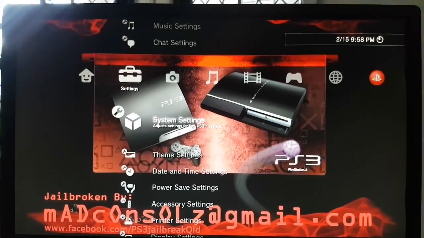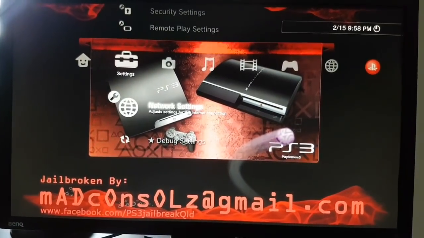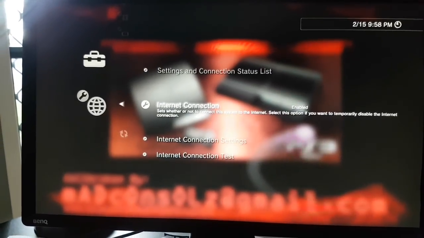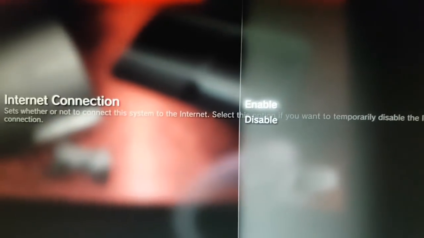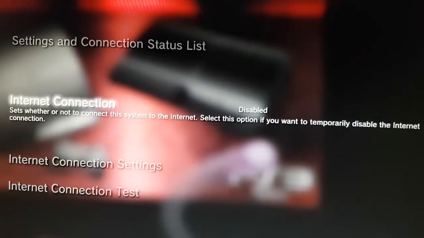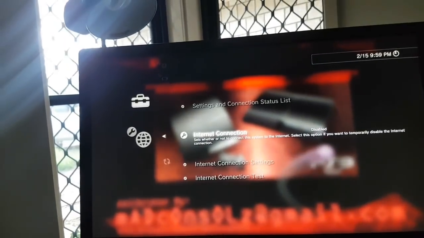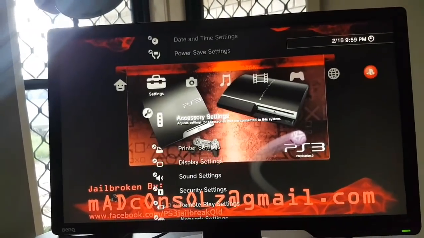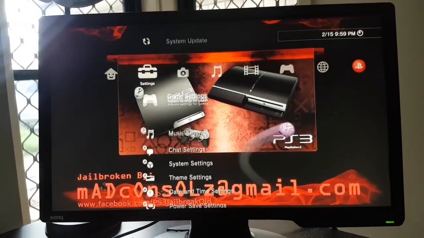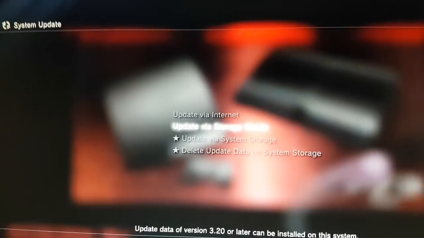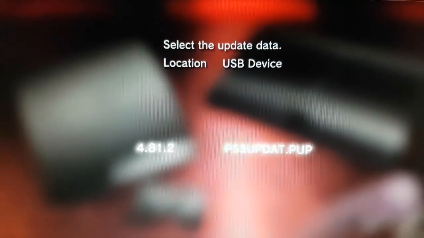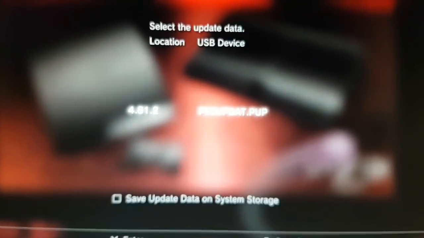Okay, so now for the update, I recommend you go down to network settings and then internet connection, and you see it says enabled. We will disable it just to be certain we don't accidentally get official firmware. So now we go up here with the USB plugged in still, we go system update via storage media. It should say 4.81.2 PS3 update.pup. So now we're going to click on that